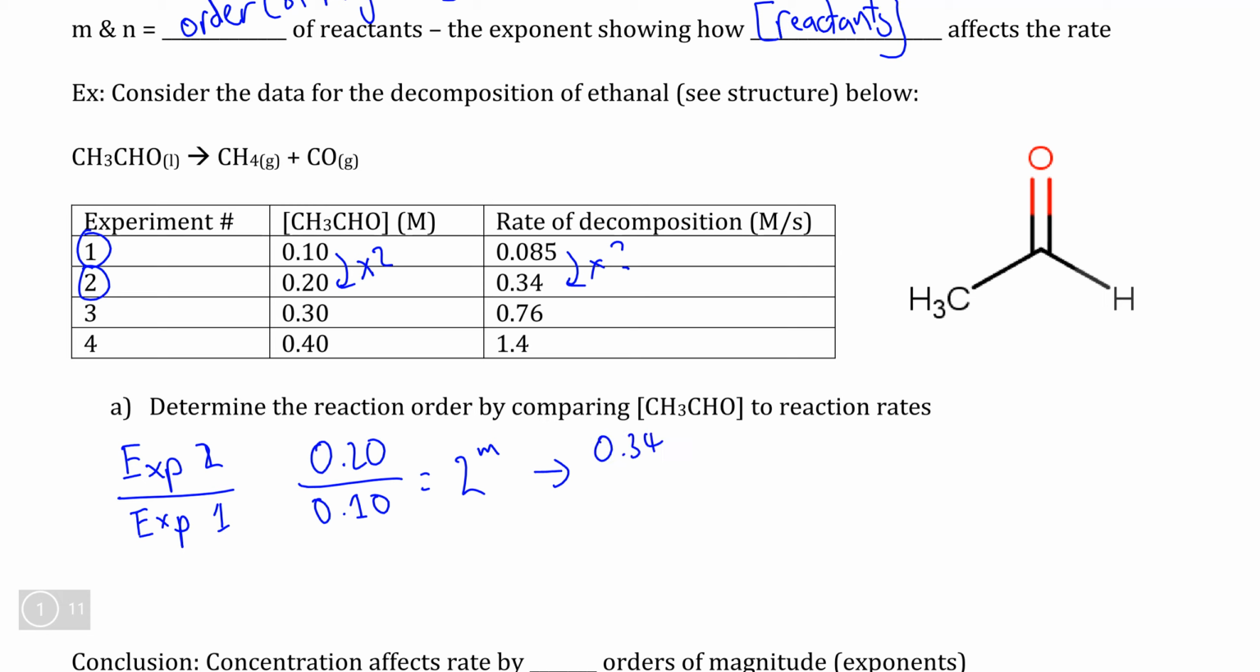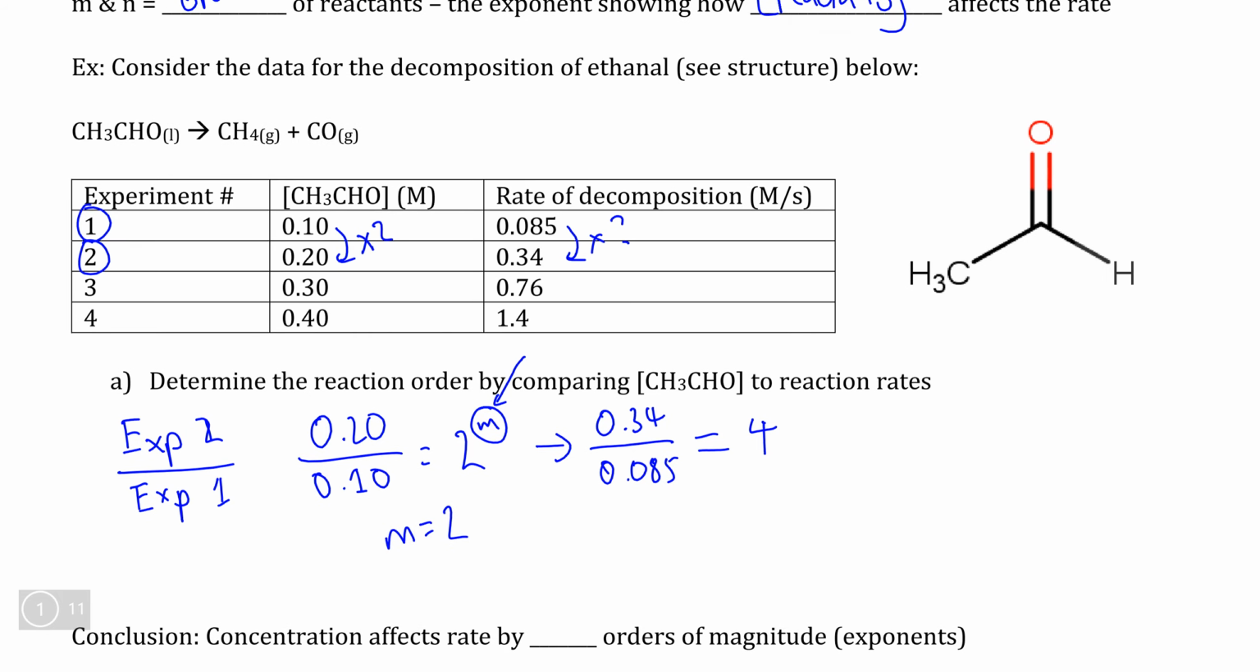So if we take 0.34 moles per liter per second from experiment 2 and divide it by 0.085 moles per liter per second from experiment 1, this number, if you put this into your calculator, comes to 4. So again, if we want to figure out what our exponent or what our order of magnitude is for the concentration of our reactant, what exponent do we need to raise 2 by in order to get 4? Well, here we can see that m must equal 2, and therefore we can write our rate law as being